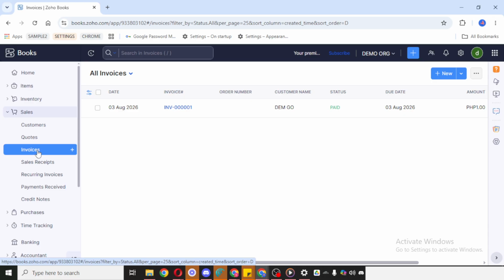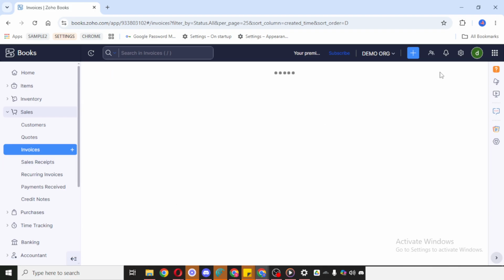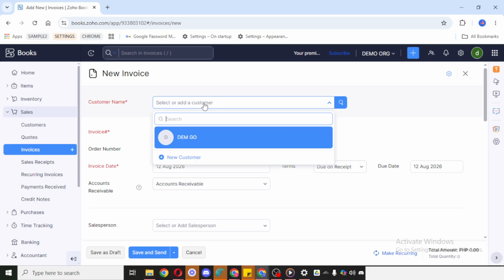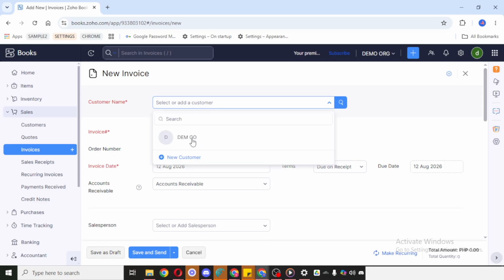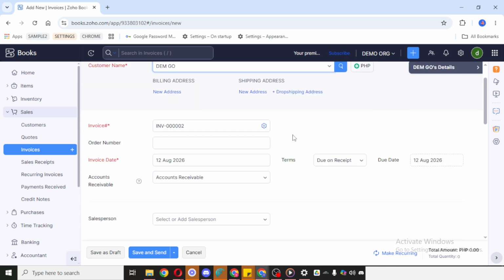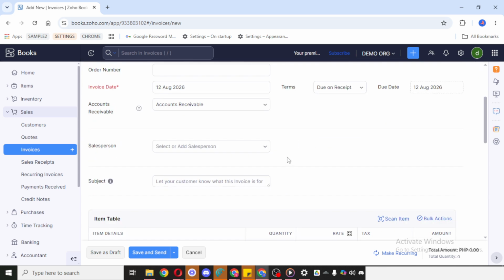Once you're on the invoice page, click New. This opens the invoice creation form. Here, you'll need to enter the necessary details. Be careful to fill in each field accurately, since this information is what your customer will see. Typically, this includes things like the customer details, invoice date, payment terms, item or service information, quantities, rates, and any totals that apply. If your business uses taxes, discounts, or notes, make sure those are reviewed as well before saving.